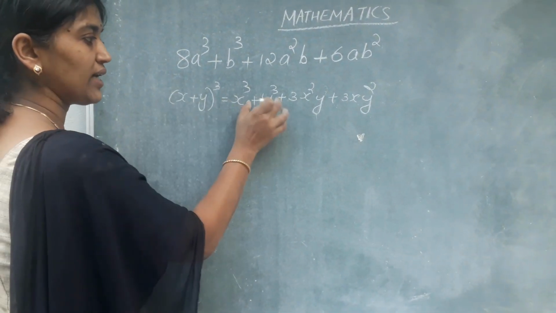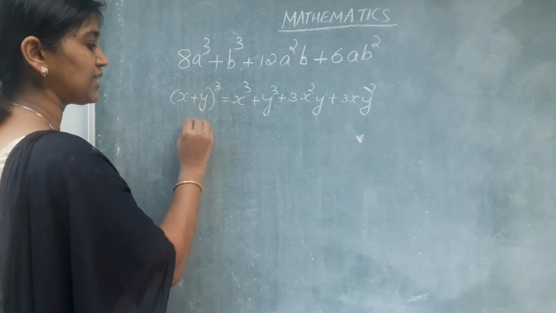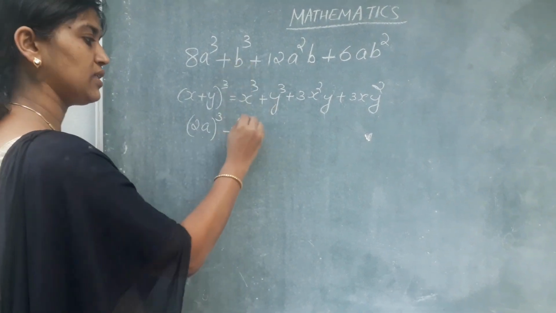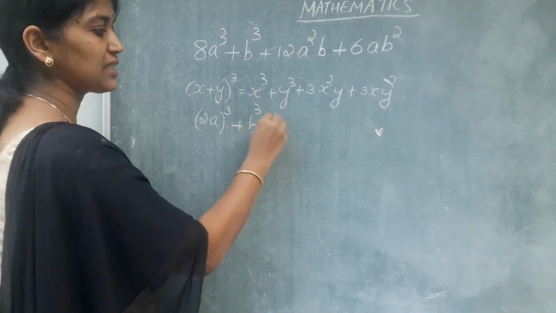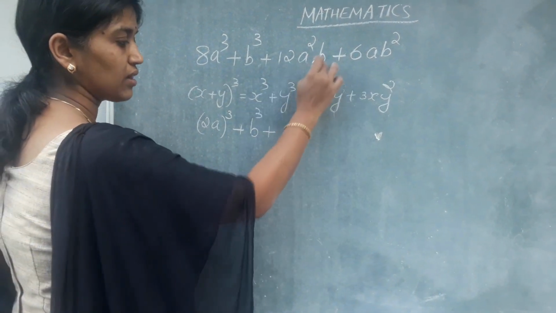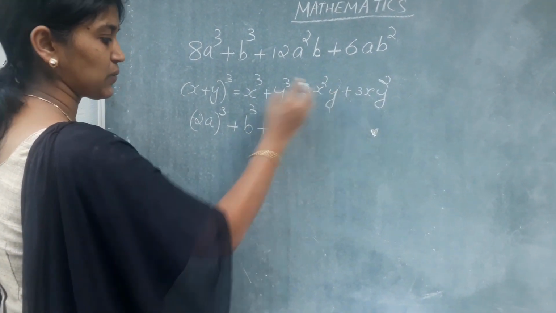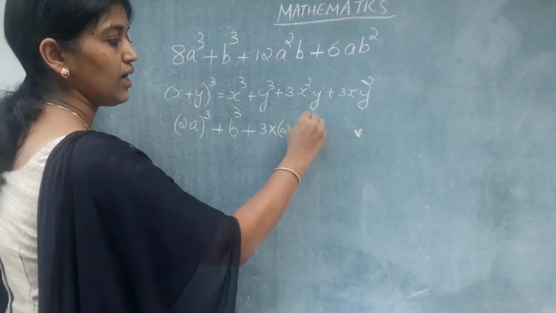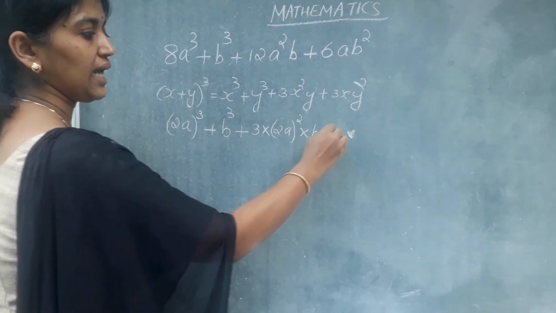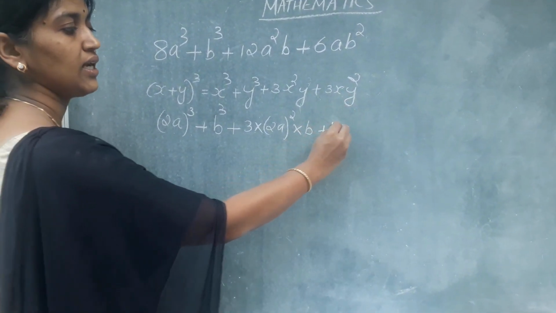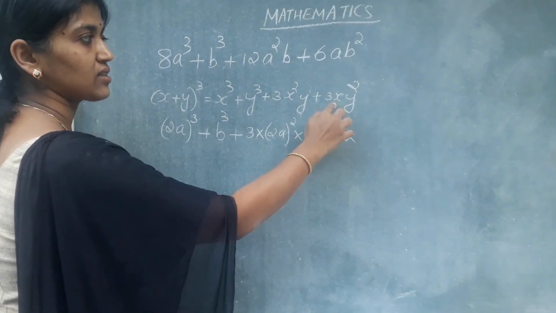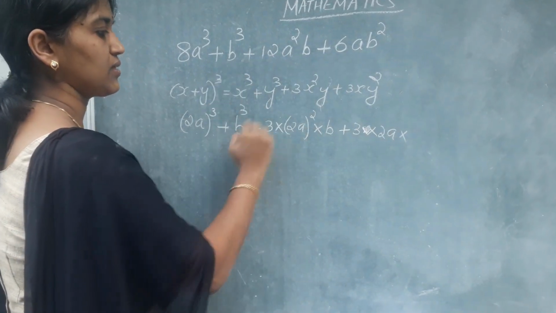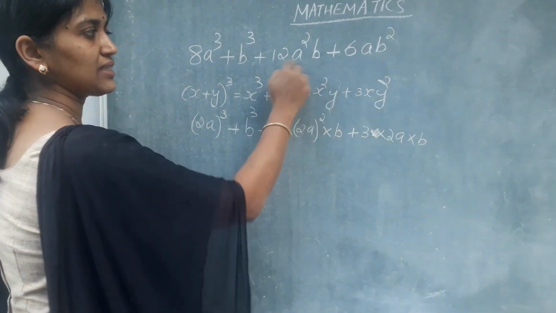So this expression you have to make into this factorized form using the identity. So for that, to write here, first term is a cube term. We will write it as 2a whole cube, and second term again is a cube term. It's already given as a cube term. Next is 3x square y. You can split this one and write as 3 into x, we understood from here it is 2a. So it is 2a whole square and y is b. And next 3x y whole square. So it is 3 into x is 2a, into y is b. So multiply, we will get the same.